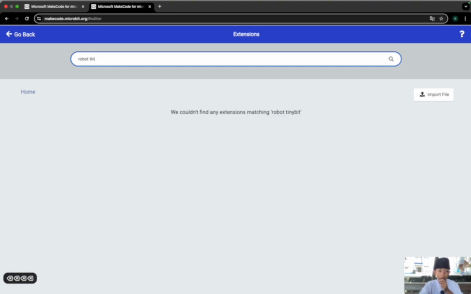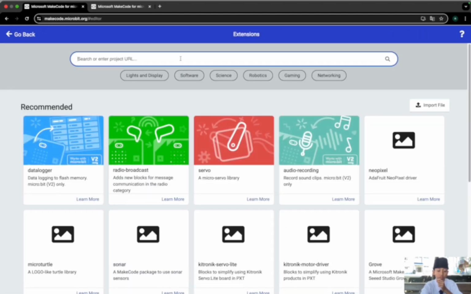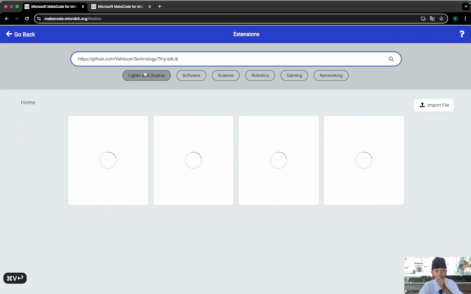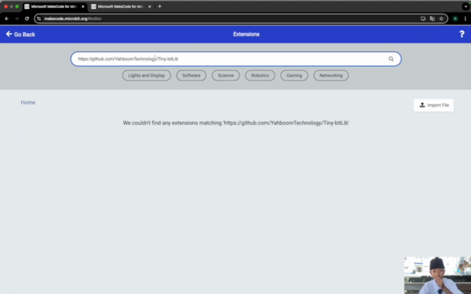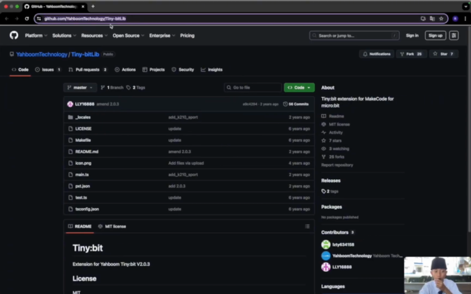But if we search using the link or URL for TinyBit Robo, there will be the extension BOM TinyBit Lab. We can take it from this link, github.com BOM teknologi TinyBit.